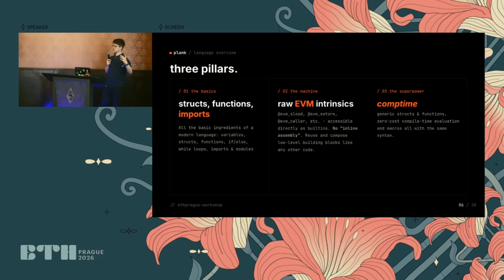So you can have some logic, you can have static checks, you can even have unit tests directly embedded in your code that run at compile time and they disappear. They cost nothing at runtime. It's run once and then free for your users. And then also, more importantly, it gives you macros, so you can do metaprogramming and code generation, but without any special syntax. It's mostly just normal Plank code, and this lets you really customize the language, and also as the language creator, this lets me more scalably and quickly iterate on the language because most of the features are implemented in the language itself. The core can be quite minimal.